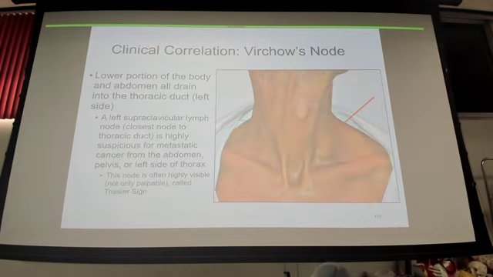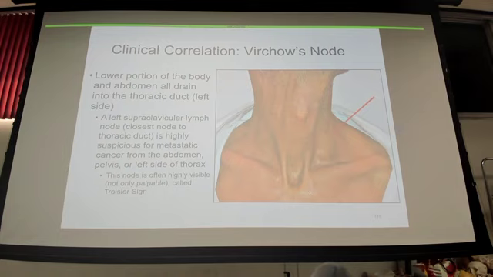And here's a good clinical correlation. We'll talk about it again in GI. I don't know how well you can make it out, but let me draw your attention to it. This little chestnut here doesn't belong there. So, it's on the left side of his body, right? So what that is called